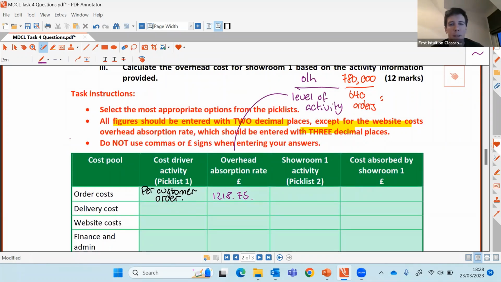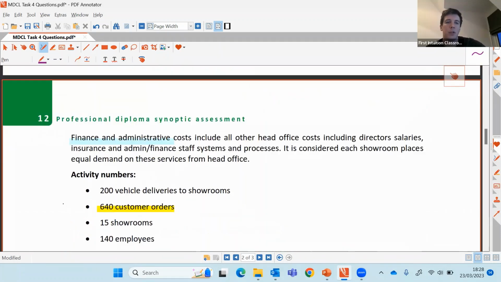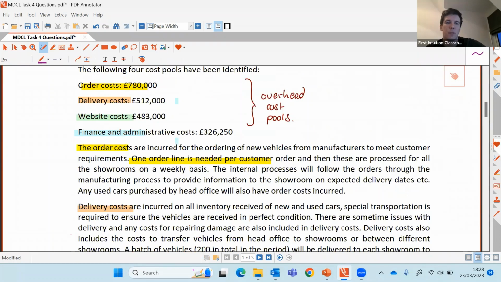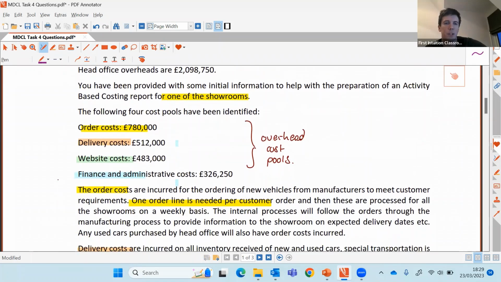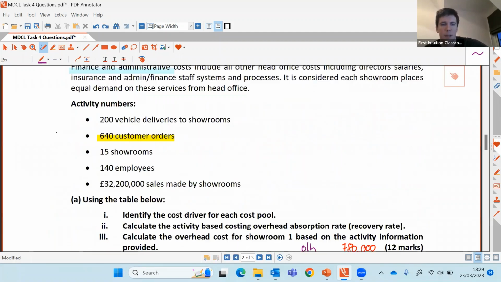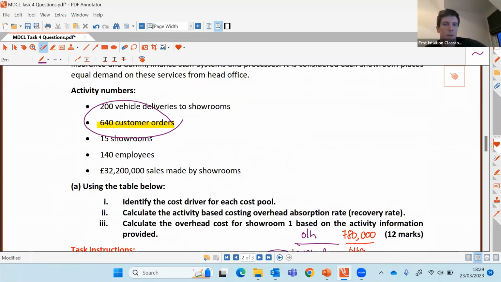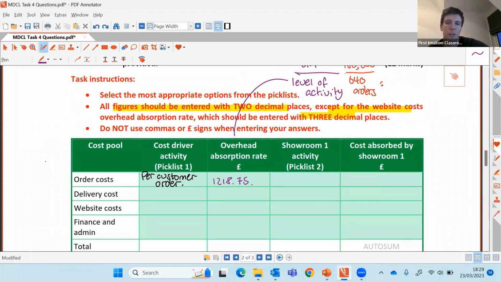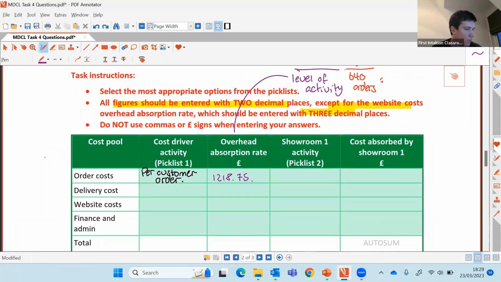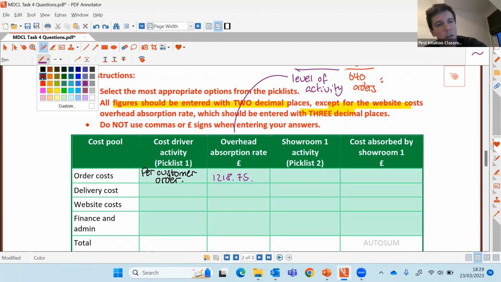So what I now know then is that every time an order is placed, we're going to recognize the cost of 1,218.75. But what you have to be careful of with ABC is that you've worked out the overhead absorption rate for all activity. So these are your total order costs. And this down here is your total number of orders. If we now know it's 1,218 per order, we need to